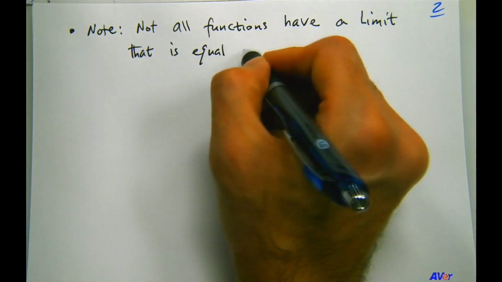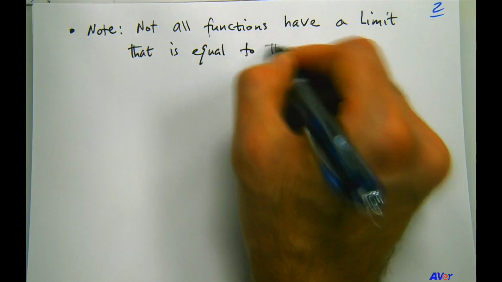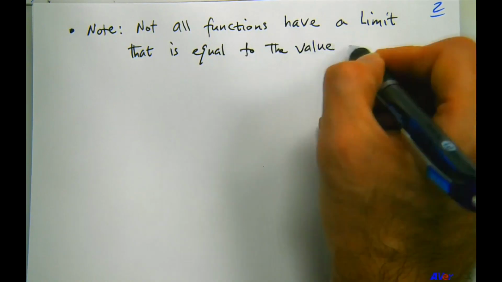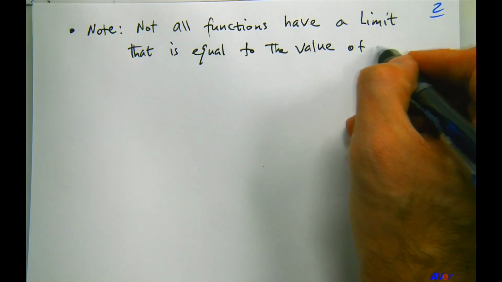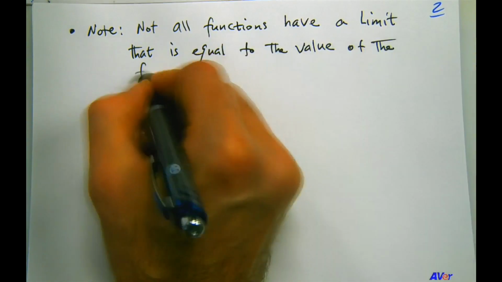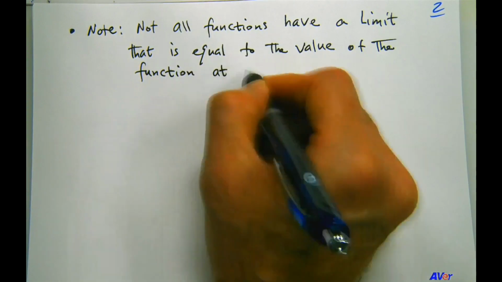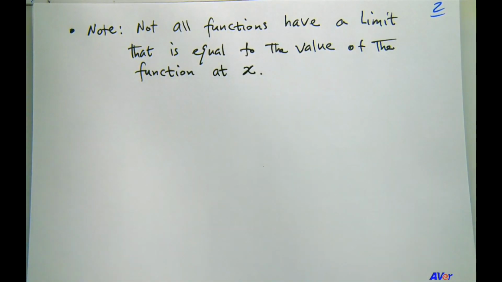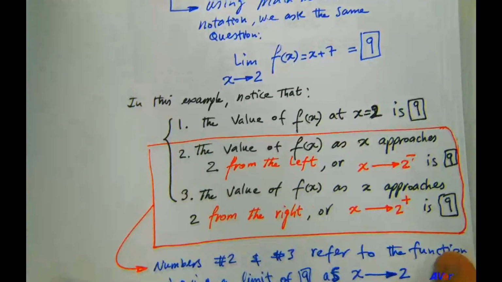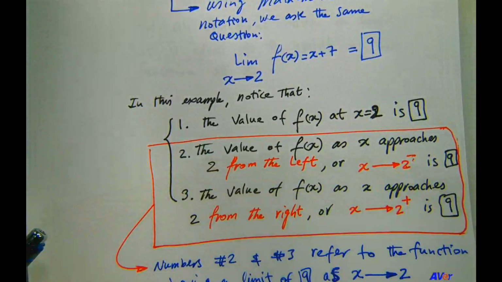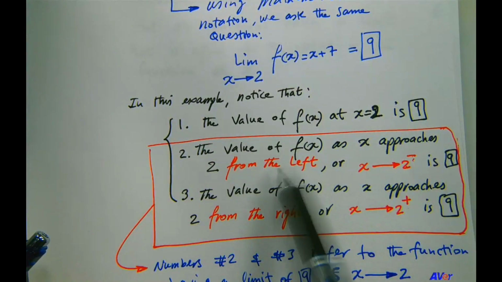That is equal to the value of the function at x. What we mean by that is that, see, in this case, the function is continuous, and it has